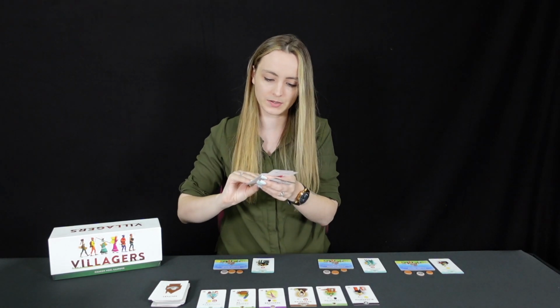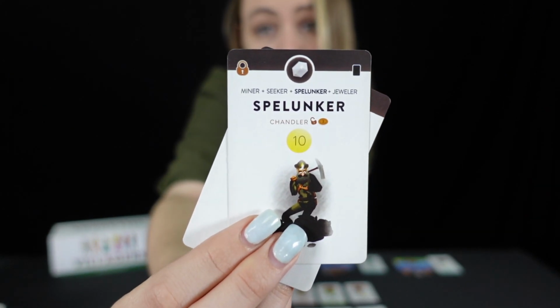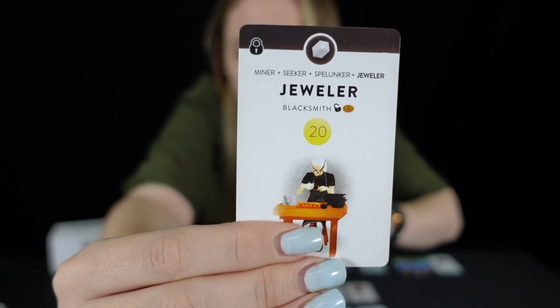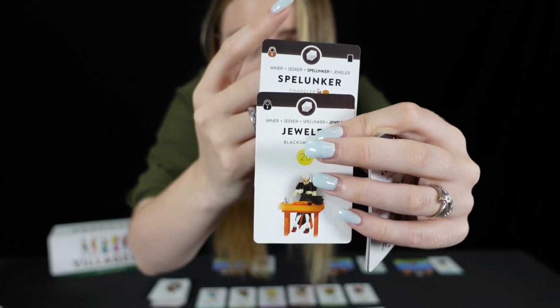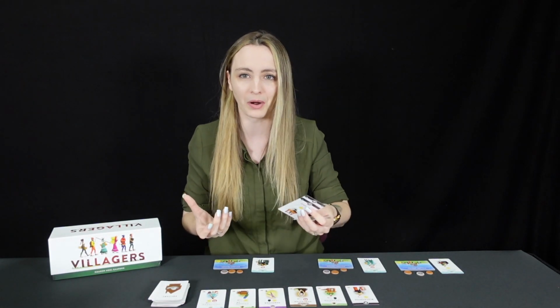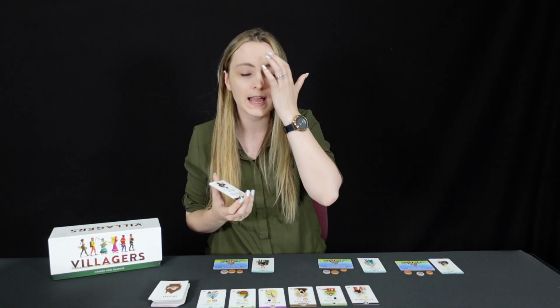So in my hand, as you can see, I have a spelunker, of which I need the cards above to get there, but once I've then got that, I also have the jeweler, who goes below the spelunker, so I can start stacking those in the order that they come to build up more and more points as I go along. Delightful, because everybody gets a different hand, everybody builds their village slightly differently,